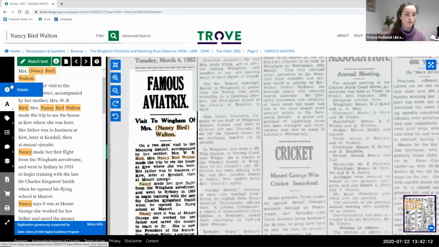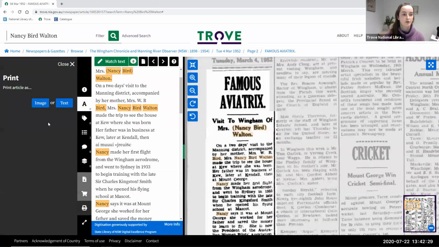So what I'm actually going to take you through is the left-hand side functions in the newspaper viewer. There's a few different things you can do here, including printing your article. So I'll take you to print first. Print's right down the bottom of the functions. So you can choose to print the article as an image,